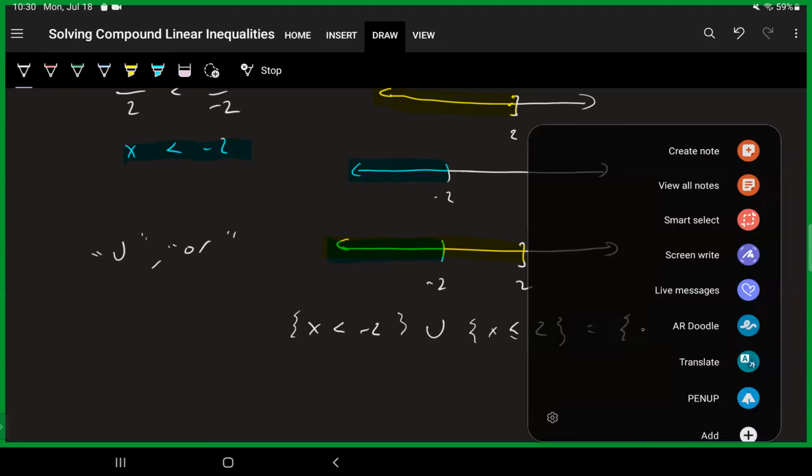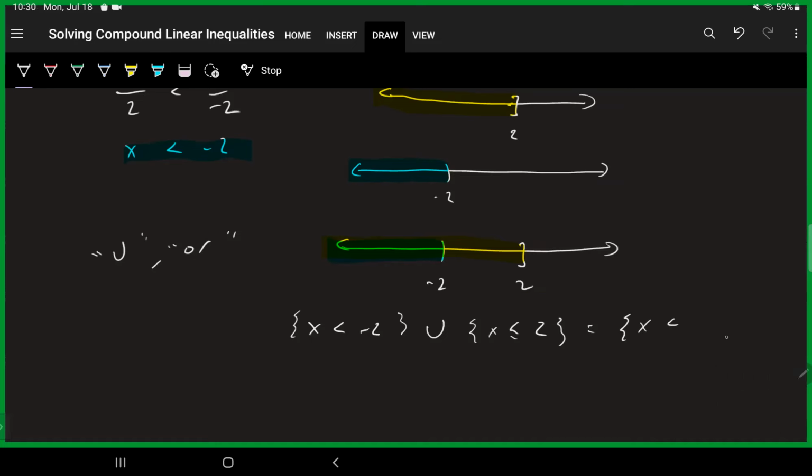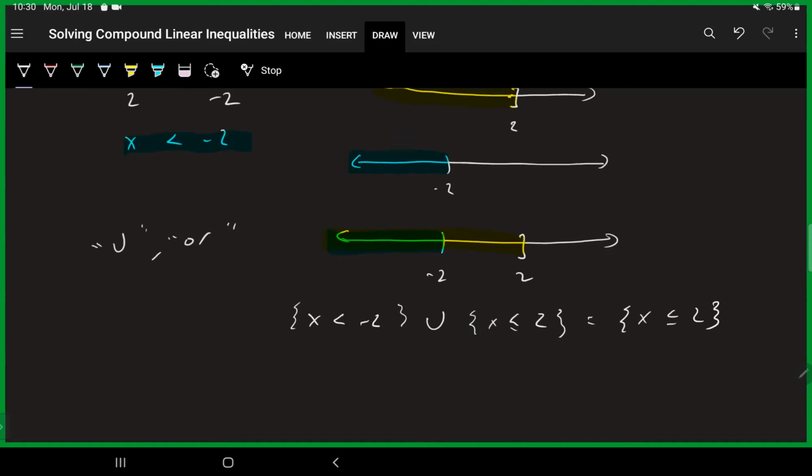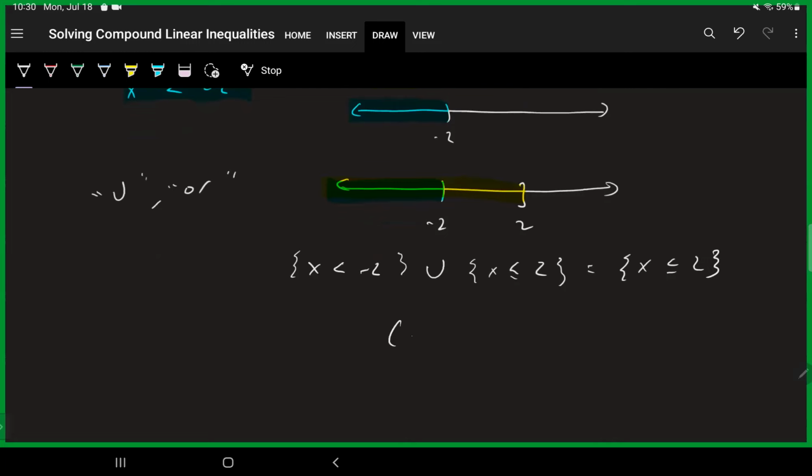X is less than or equal to 2, because -2 is also less than or equal to 2. And so our interval would be -infinity to 2. So when you're solving the union, if you think about things of just take it if it's shaded, it actually becomes a lot easier. This answer that I've written right here that I'm going to underline in green is technically correct, but it's not simplified. So we can simplify these by trying to omit the overlap and just take everything that we care about.